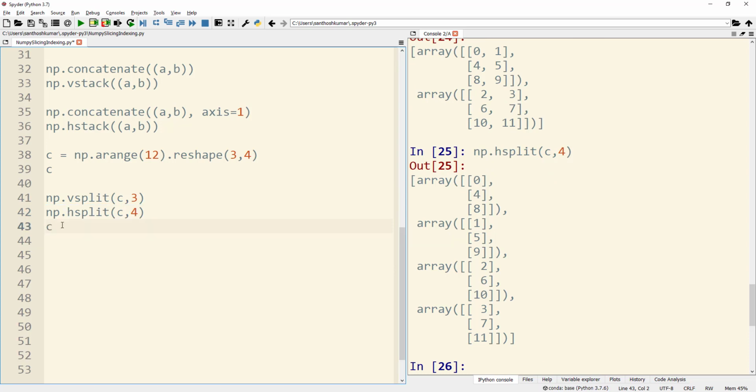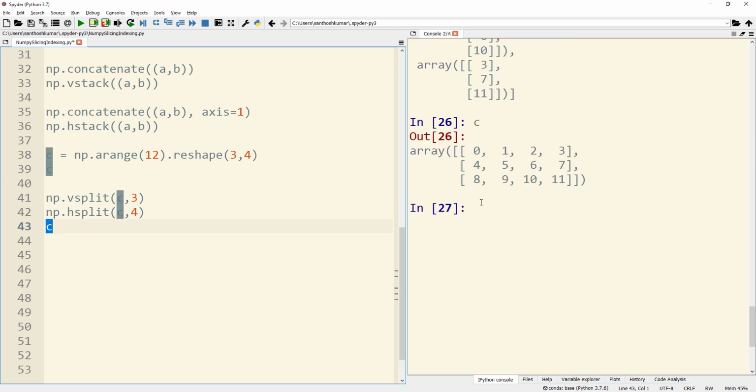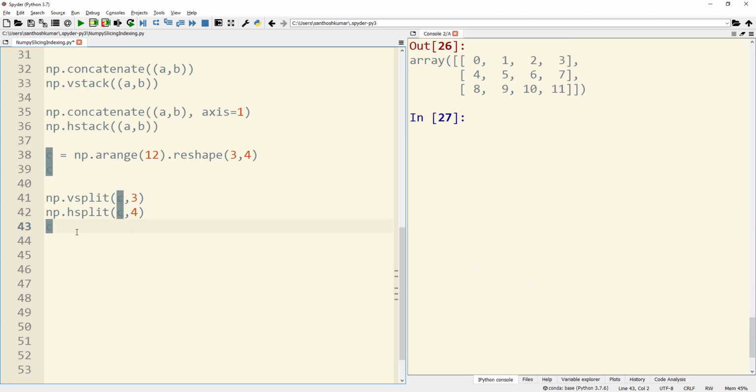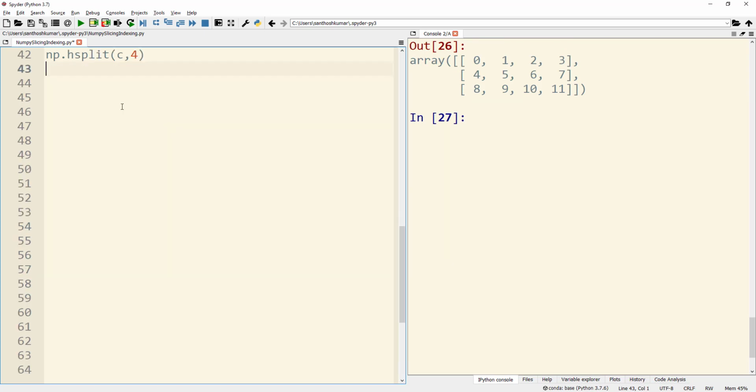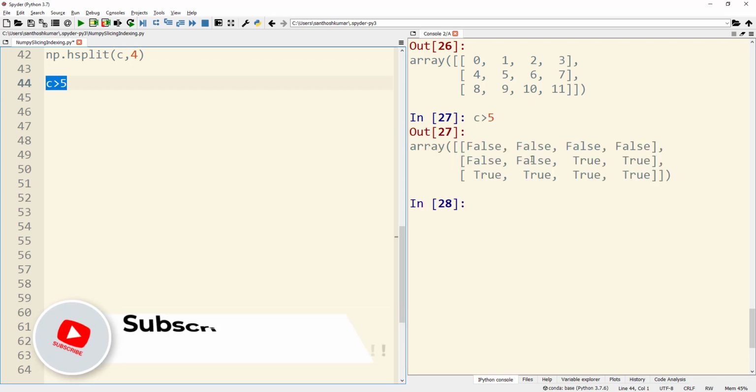I will display the array C one more time so that we don't have to scroll up, and I will make more space here. I can just use a comparison operator on the array C. So for example, if I give C greater than 5 and run this piece of code, you can see that wherever C is greater than 5, the output is true, otherwise it is false.